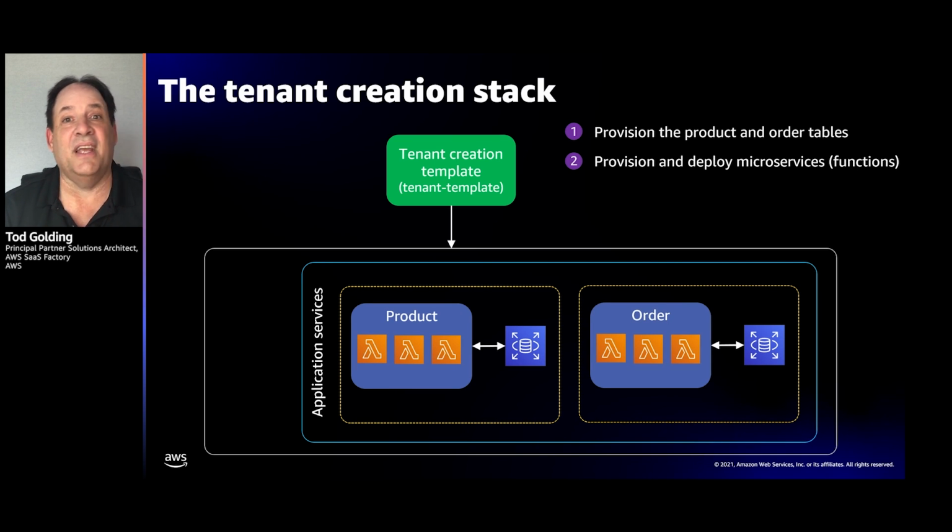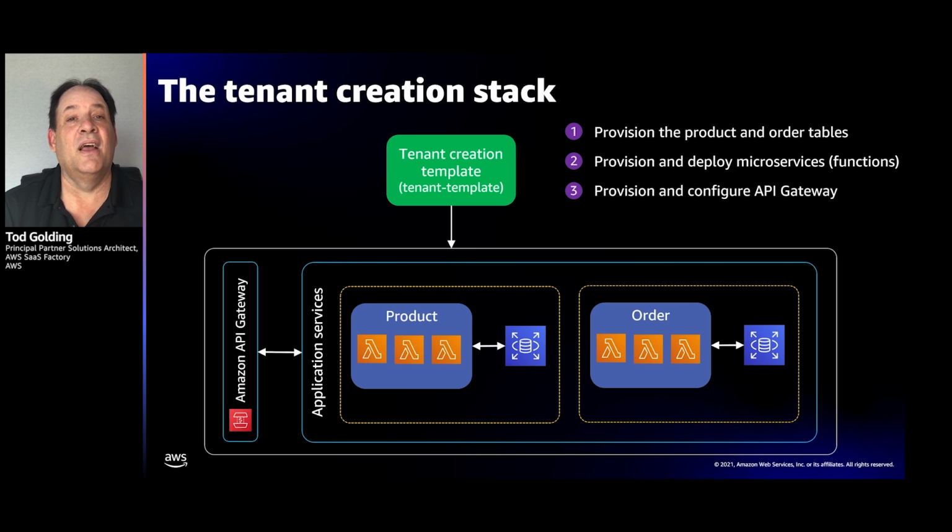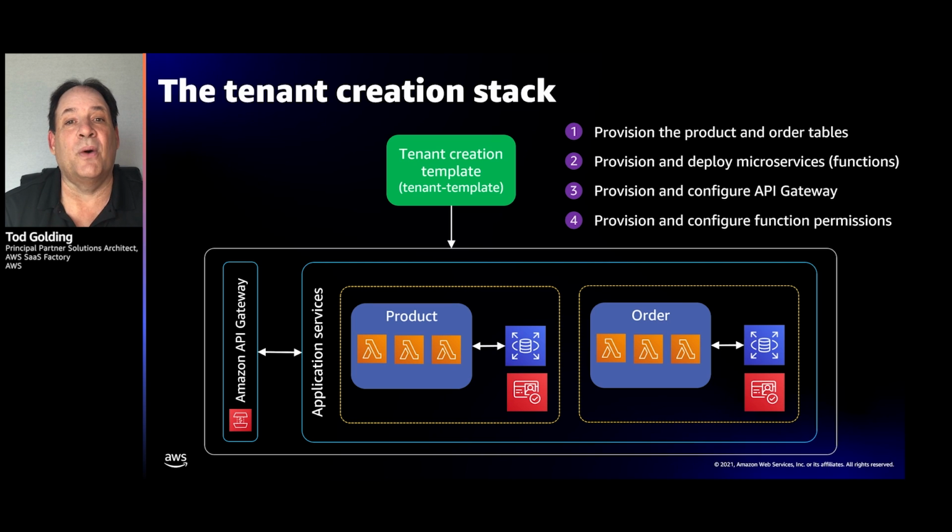So here we've got a product and an order microservice. It configures and sets up the functions for all of those bits. And then it sets up the API gateway as the entry point to these microservices. And then the last bit is it configures the permissions and so on. So if you poke into that stack and look inside of it, you'll see that these are the basic parts it's orchestrating, and you can see that they're shared between pooled and silo. And to me, this is also awesome that it's all shared, because even though we're going to allow pool and silo to have different stacks, we're not going to allow them to run different versions of the code. We don't want one-off infrastructure for them. So having this be all one process is particularly powerful.